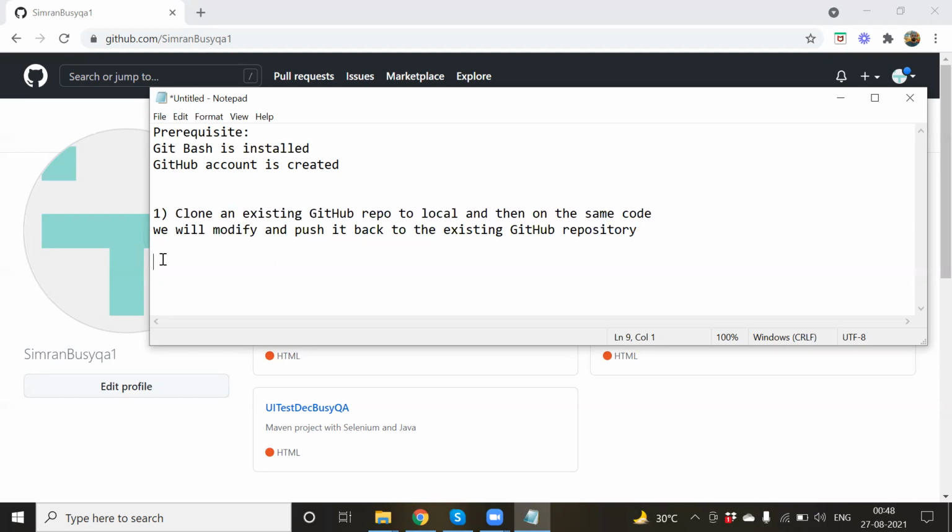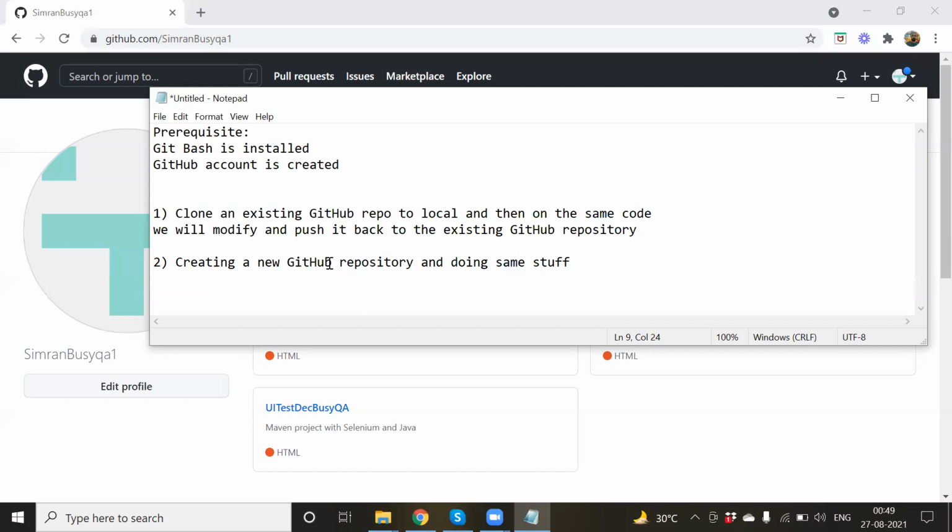And the second thing that we want to try is creating a new GitHub repository and doing the same stuff. Only in this case, we don't have to clone anything because we're not cloning any existing GitHub repo.